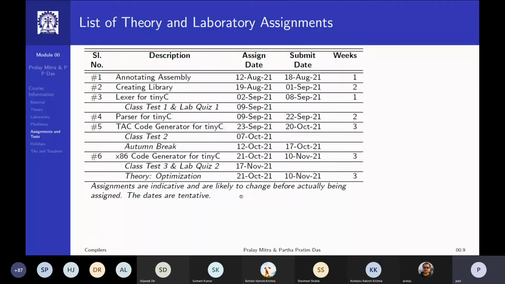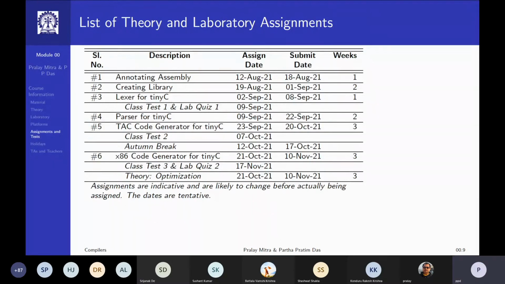So your first assignment in the laboratory would be annotating an assembly. So the first kind of prerequisite for this course is you understand the x86 assembly language very, very well, because that is the language into which your compiler is going to generate the final target.